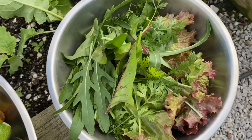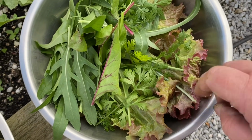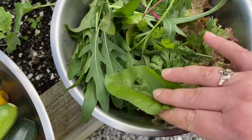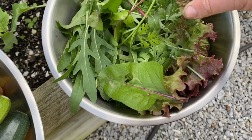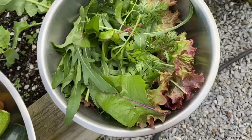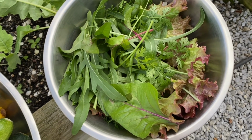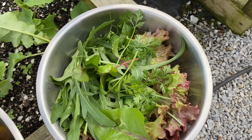Also, I forgot I was taking lettuce out of that bed as well. I had this Lala Rosa and these charred leaves growing in that bed along with the courgettes, and then it wasn't a whole pile, so I added in some coriander sprigs and some wild rocket, which I have growing in a different bed there. So I have enough to make a nice little salad there, and I'm also thinking now, because I have harvested some of the large tomatoes